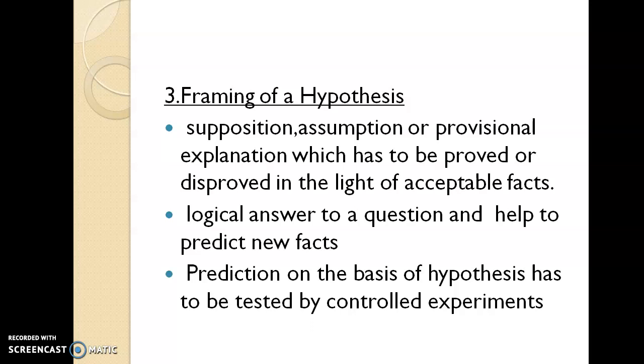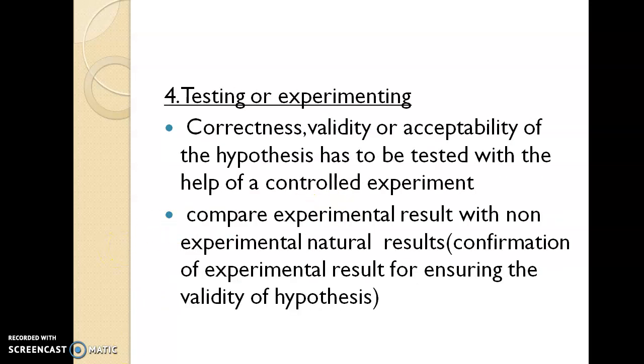and when he is performing that particular observation, he needs to make a controlled experiment. Controlled experiment means he needs to grow a particular plant which is not given any kind of fertilization, just simply water and other materials that are available in nature itself. So that is called the controlled experiment. That is a natural thing which is happening in nature itself. So we need to make the prediction of that hypothesis by taking the controlled experiment. Okay, then we need to make a test or experimenting.